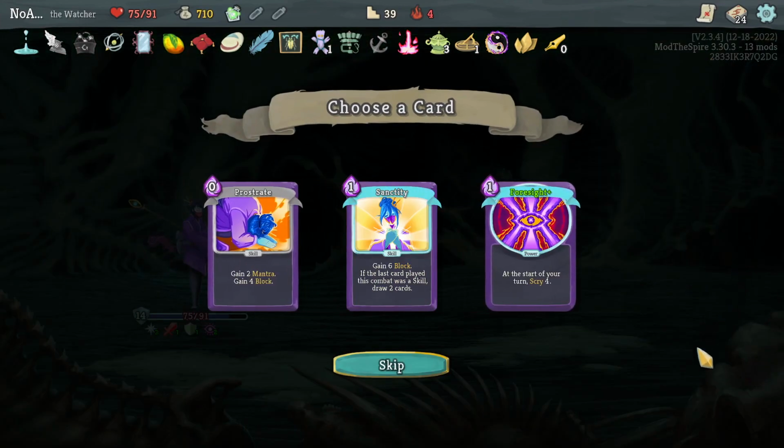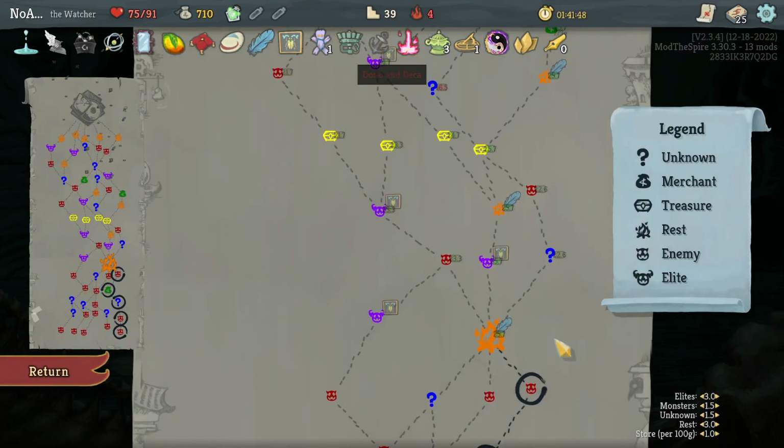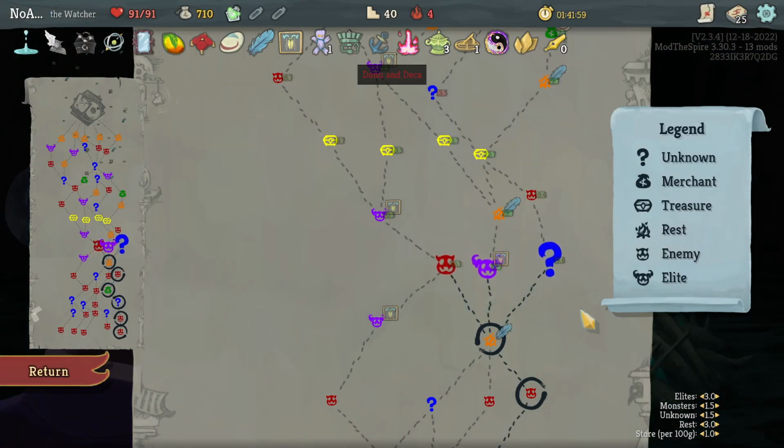Curses to him for stealing. Hey, this is block and card draw. Now I think I'm satisfied with the deck where it's at. We heal 15 off of the feather. Oh, that's funny. We have lots and lots and lots of healing. For this, well,